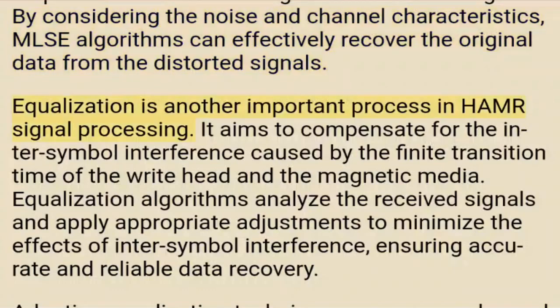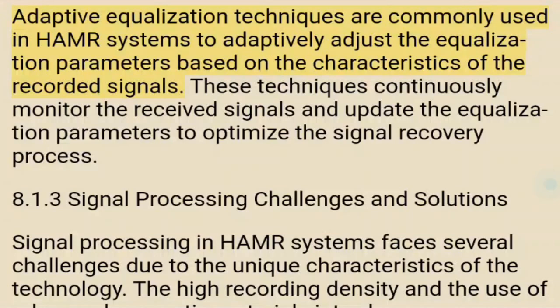signals. Equalization is another important process in HAMR signal processing. It aims to compensate for the inter-symbol interference caused by the finite transition time of the write head and the magnetic media. Equalization algorithms analyze the received signals and apply appropriate adjustments to minimize the effects of inter-symbol interference, ensuring accurate and reliable data recovery. Adaptive equalization techniques are commonly used in HAMR systems to adaptively adjust the equalization parameters based on the characteristics of the recorded signals. These techniques continuously monitor the received signals and update the equalization parameters to optimize the signal recovery